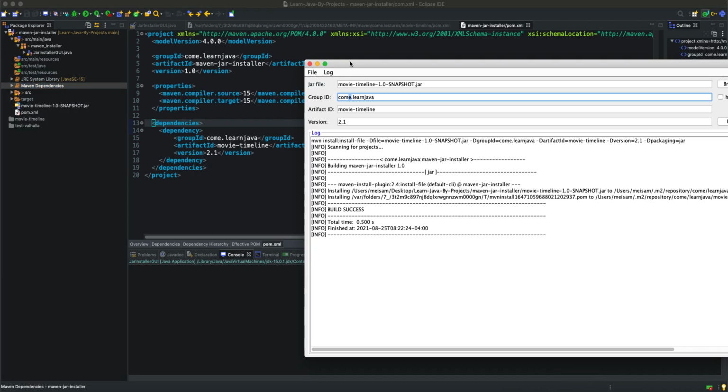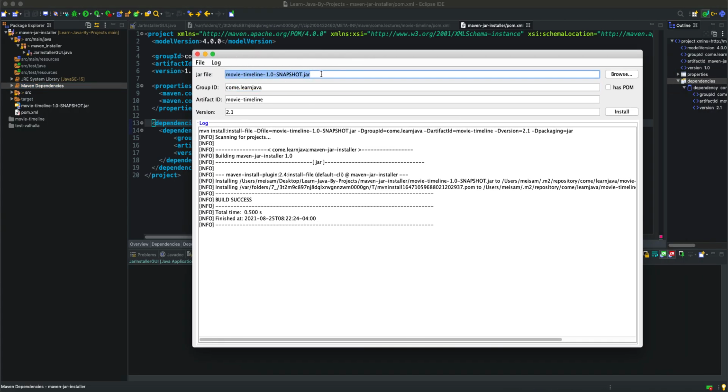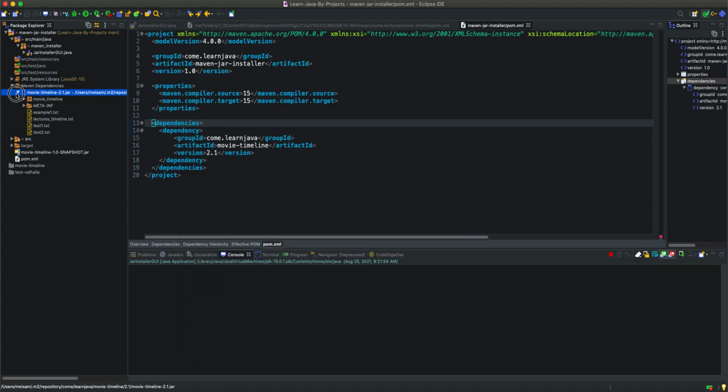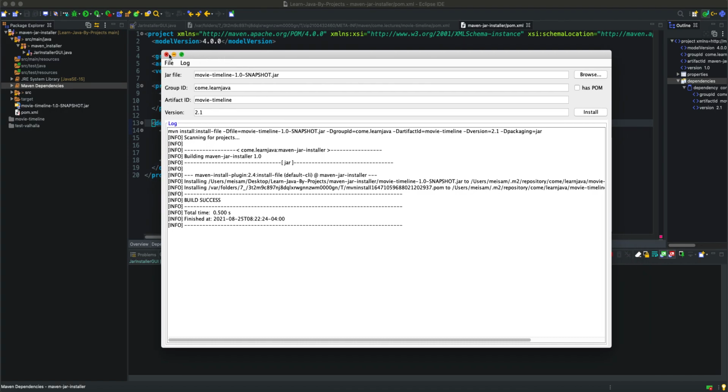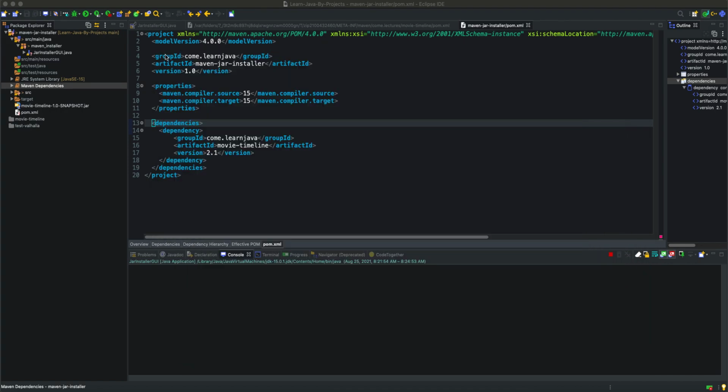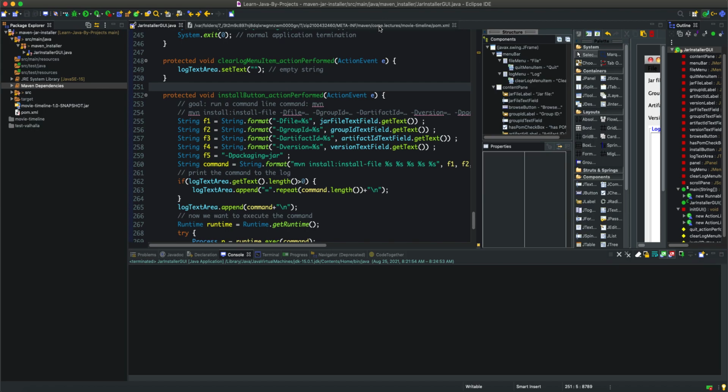So I used the GUI to install this random jar into my local Maven repository. Now it's available in all my Maven projects. I can quickly pull it into my Maven dependencies and build my project. So that's relatively useful. But now one problem that we are facing is that